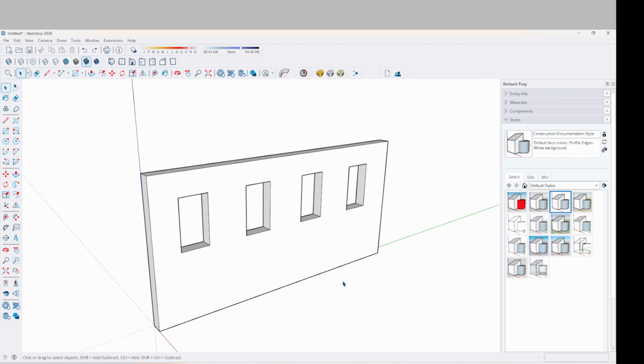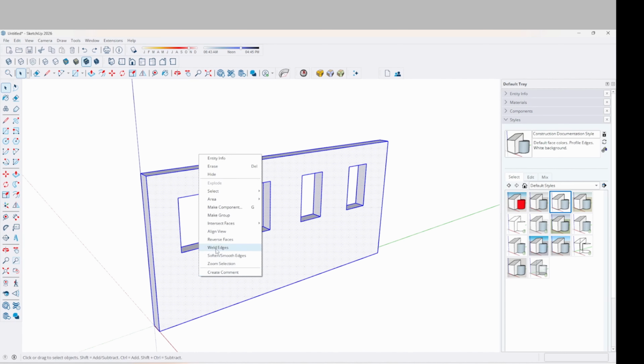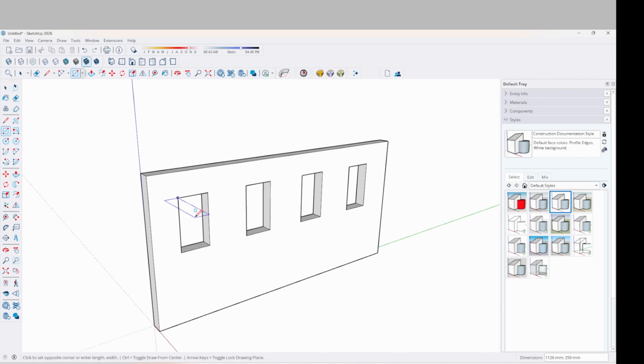So one of the easiest ways to create a window component in SketchUp is to create a wall and create the openings where you like them. Make sure the wall is in a group, so right click and make group. Then it's just to take the rectangle tool, cover one opening,